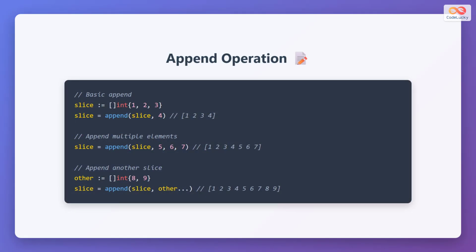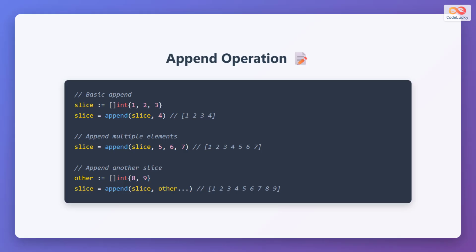The append operation is used to add elements to a slice. Here is an example. Initially, we have a slice containing the numbers 1, 2, and 3. Using the append function, we can add the number 4 to the end of the slice. The slice now contains 1, 2, 3, and 4. We can append multiple elements at once by passing them as additional arguments to the append function. In this case, we append the numbers 5, 6, and 7, resulting in a slice containing 1, 2, 3, 4,